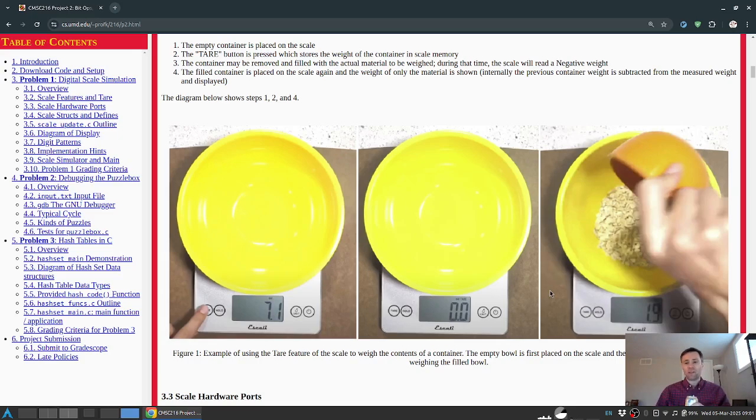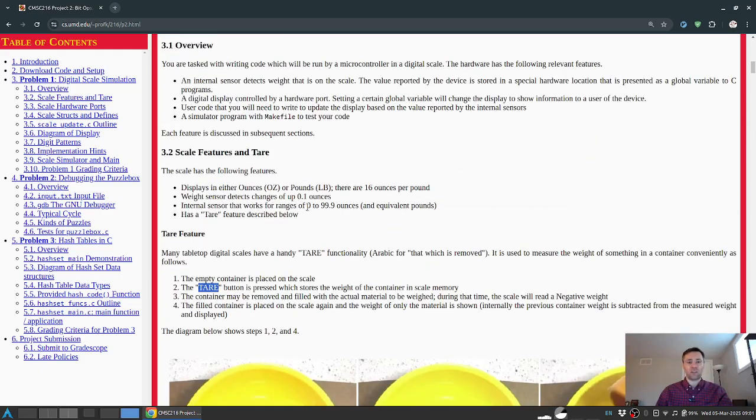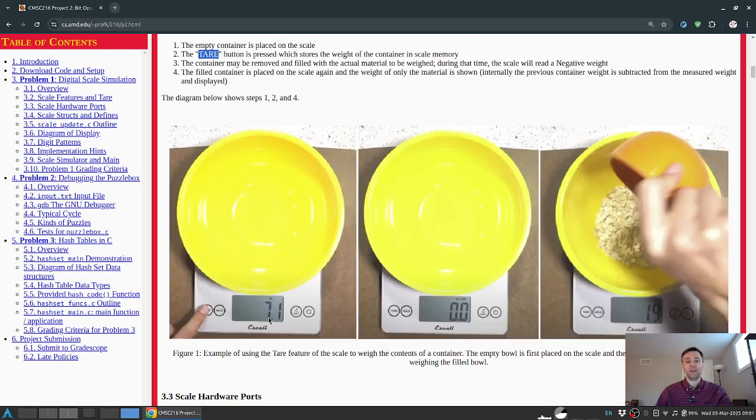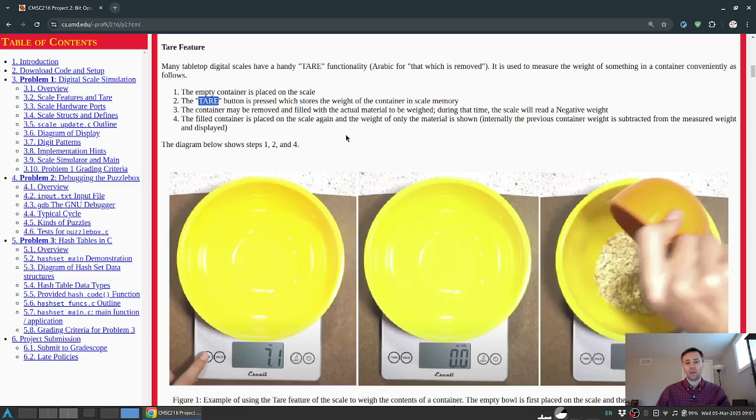So at any rate, if that's a little unfamiliar, you could click around, watch some YouTube videos about it. It's not hard to get to. But this tare term will be referred to because there's a button to push for it, but also a stored tare value that allows for it. Aside from that, the only other feature you need to be aware of is the range. You can go from 0 to 99.9 ounces, and that's just on account of there being a limited number of digits on the display that we'll have. We'll see that later in a second. If the internal sensor is out of that range, either negative or above 99.9 ounces,